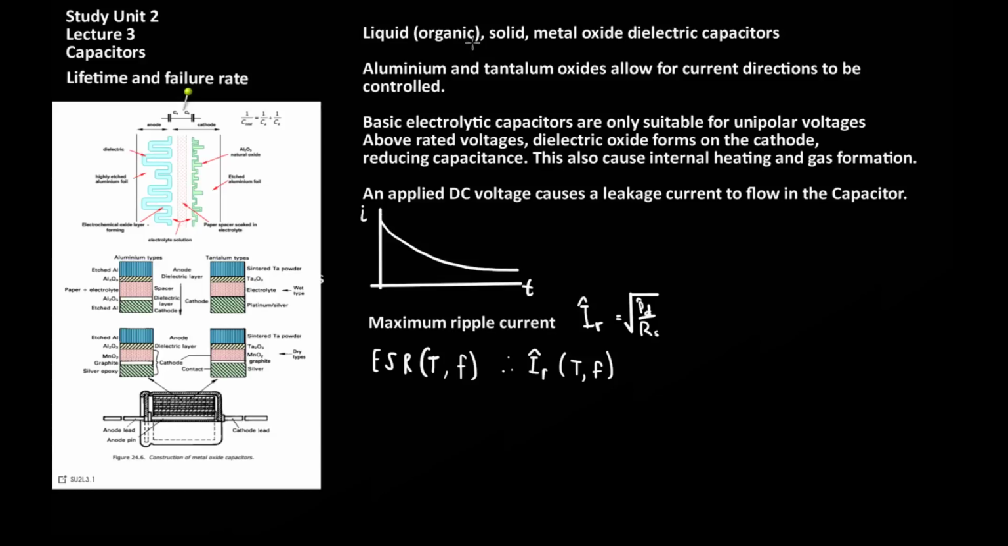Liquid, or sometimes called organic, solid, metal oxide dielectric capacitors are manufactured by depositing aluminium and tantalum oxides onto foil. The aluminium and tantalum oxides allow for the direction of current to be controlled. In this capacitor construction, there will be a layer of aluminium foil which will have aluminium oxide etched onto it,